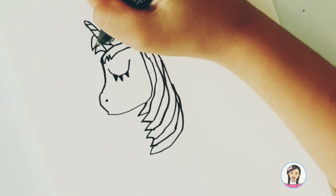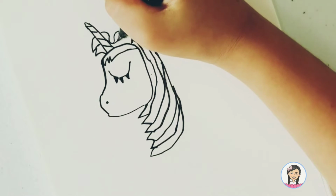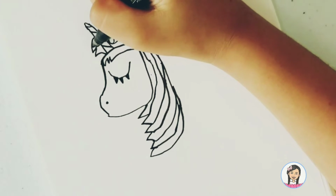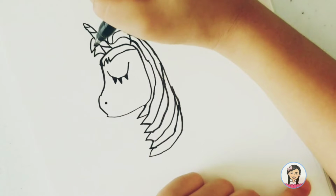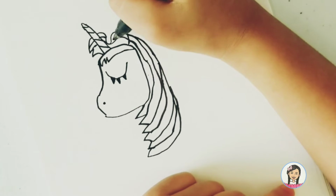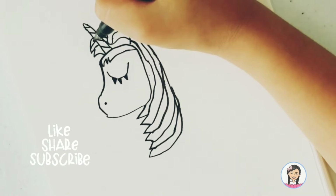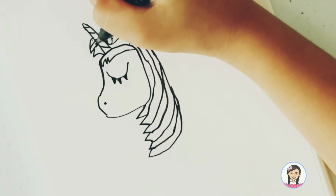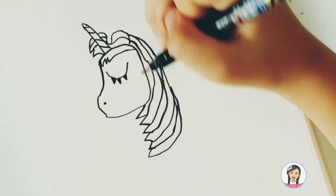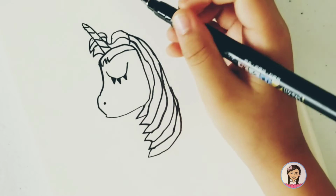Then let's make this and the hair that's up. There. 1 here, line here, and a line here. There and here. So the red will be here, orange will be here, and yellow will be here. Then let's make the